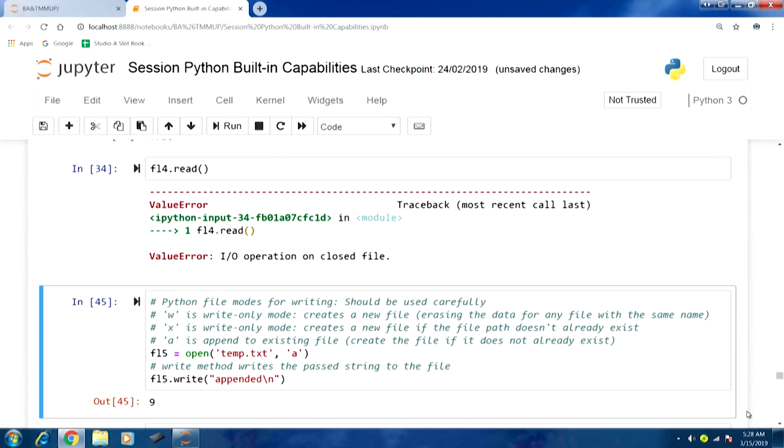So we have different file modes that can be used to cover all of those scenarios. The first one is the write mode, write only mode. For this, within single quotes, we have to specify 'w'. This write only mode is used to create a new file, and once we use this write mode,